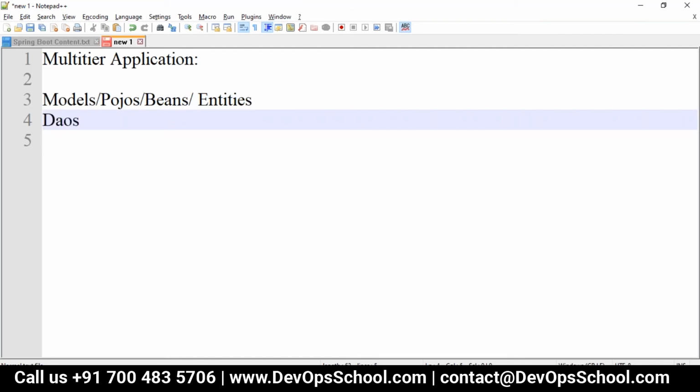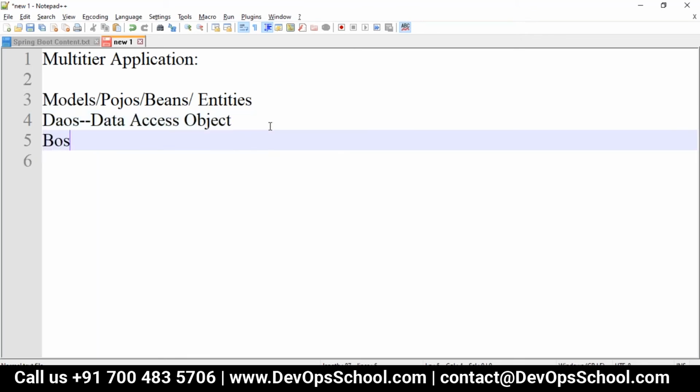Then we go with the DAOs, which are basically database operations, based on the design pattern Data Access Objects, which is the DAO layer.